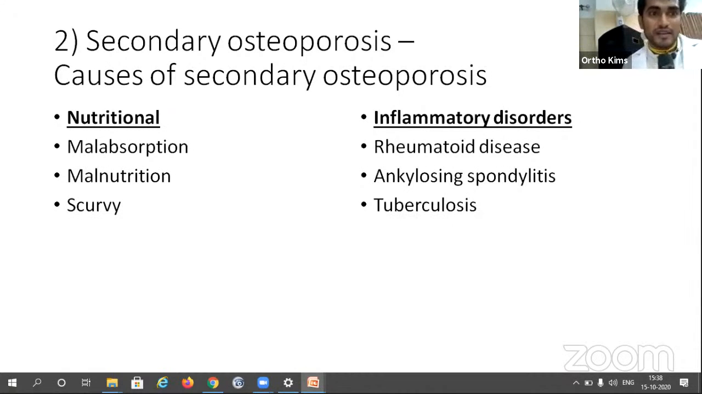Secondary osteoporosis, that is causes of secondary osteoporosis. It may be nutritional or inflammatory. The nutritional causes may be due to malabsorption, malnutrition, and scurvy. And inflammatory disorders which may cause secondary osteoporosis are rheumatoid arthritis,